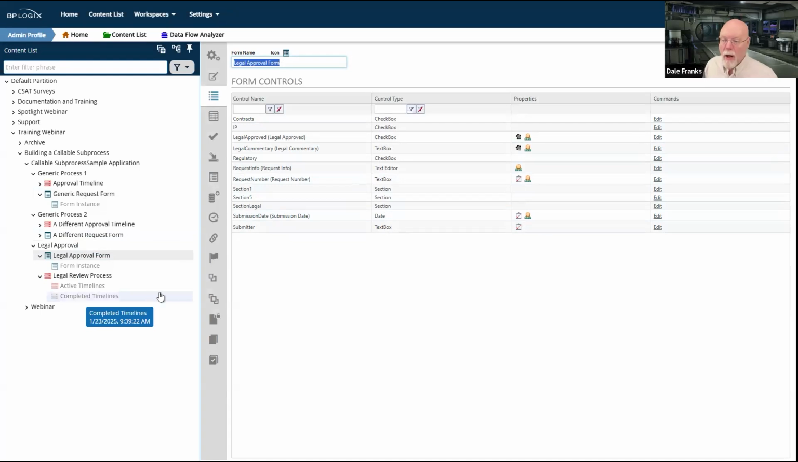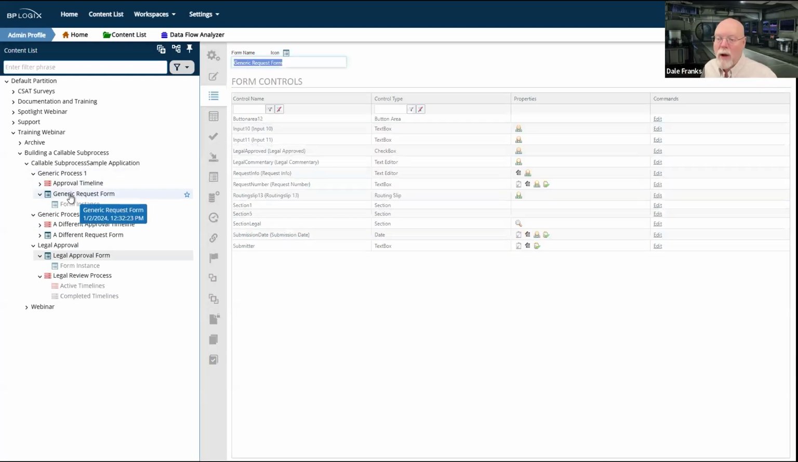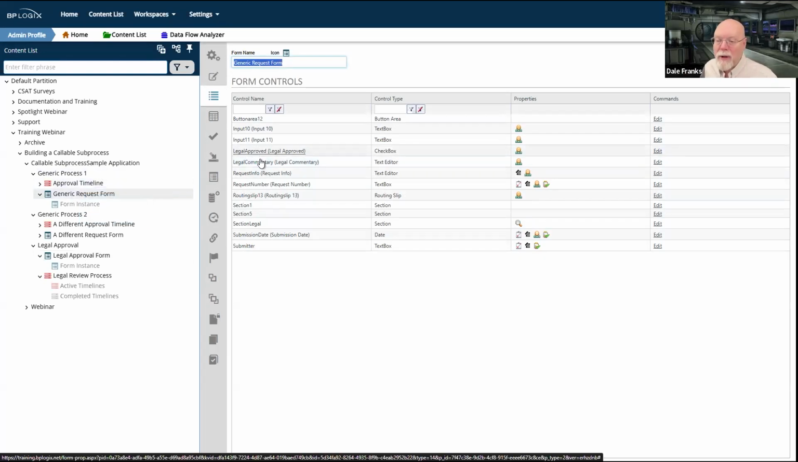Conversely, on the legal approval form, legal approved and legal commentary, those are the names of the fields, which means that on my generic request form, I am going to need legal approved and legal commentary, because those are going to be the recipient fields from those same two fields that are on the legal review form, and they need to be replicated backwards. Now, this is a bit of a complexity, I grant you,